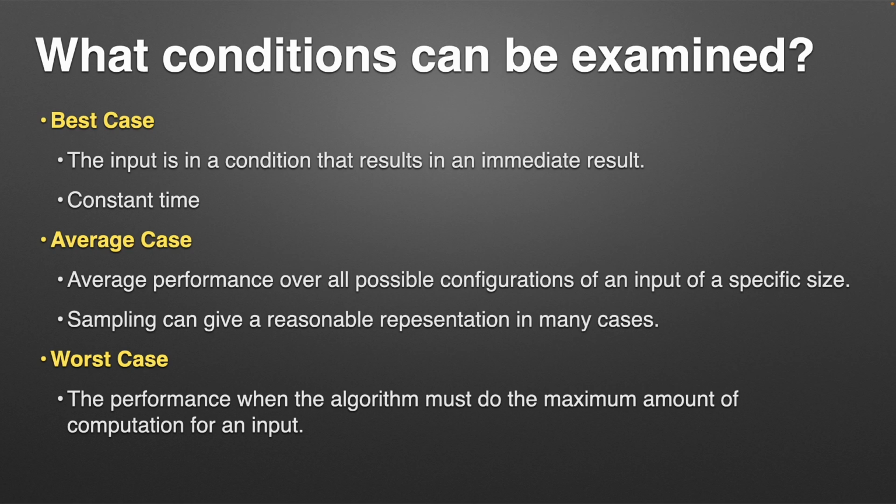The average case is to say, let's take all of the possible inputs and all of the possible things we're searching for, run them, and get an average of that runtime. And you can see why this is difficult. Now, this matters a lot in practical applications, right? There are sorting methods that have great average cases. They don't have the best worst case, but the average case is good enough that they're used in a lot of scenarios. So average case is something where you can sample, you can do different things to estimate,